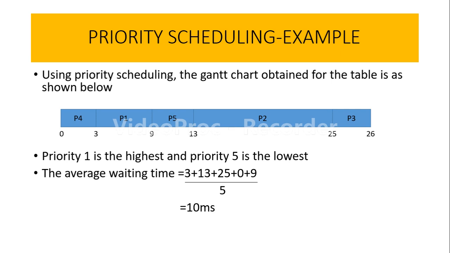So this is the thing. Now please don't get confused with these numbers, as I have given them here per the process in order. This is the waiting time for P1, this is P2, this is P3, this is P4, and this is P5. Either you can write it like this, or the way in which you have drawn the Gantt chart; both are one and the same. Now, one of the best advantages of priority scheduling is that we are able to apply it on both preemptive and non-preemptive schemes.